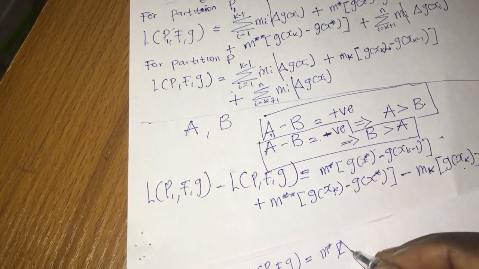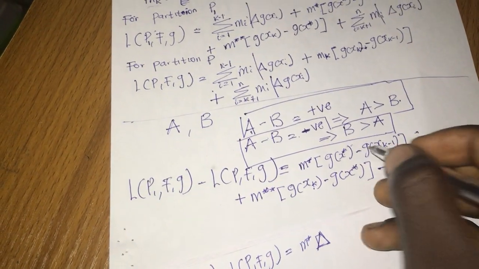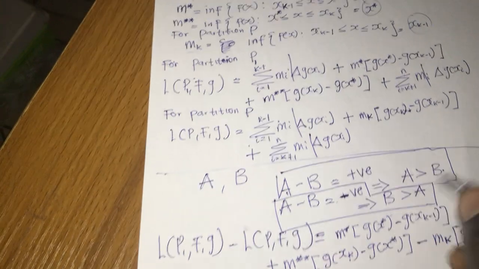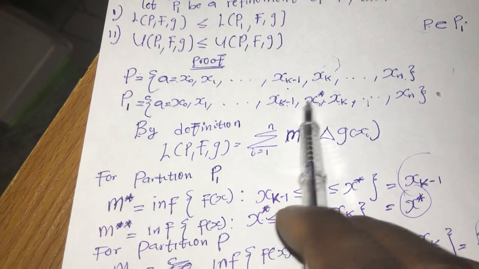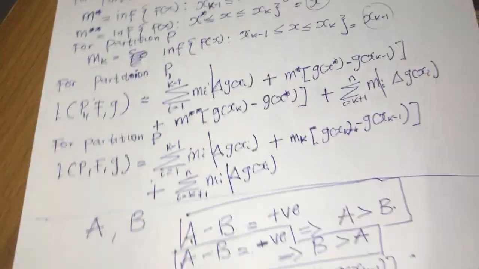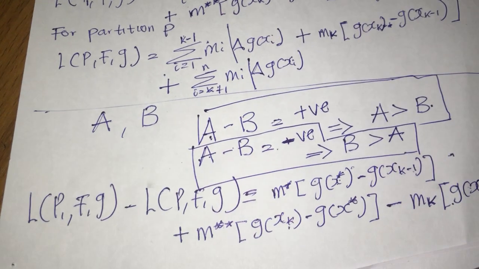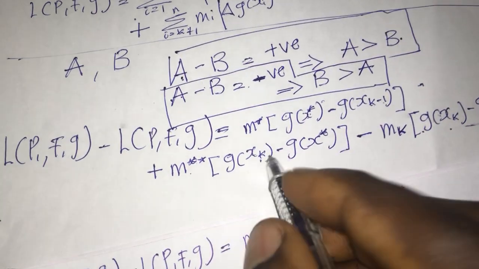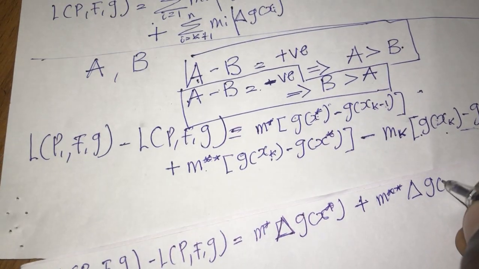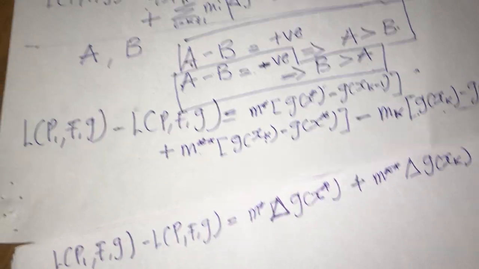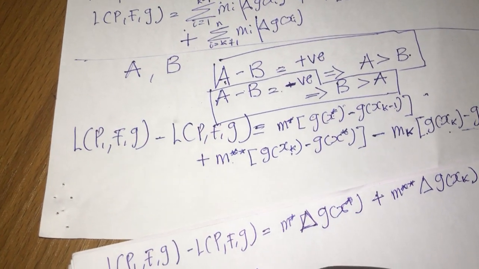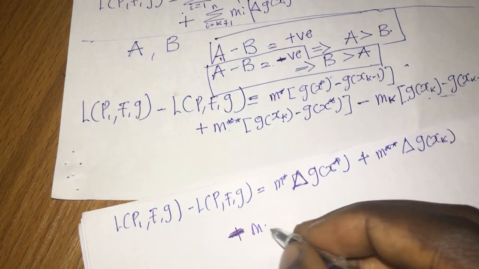This, I can write this as delta, the whole of this here. Now you have delta G X star. You understand? Because if this one I can write it at the next, look at delta G is subtracting this, which is correct. So plus, this now will be M star, Abi. I can write this one as delta GXK, Abi. Now look here, this one, I want to introduce 0 now, plus, no, minus, it is minus MK